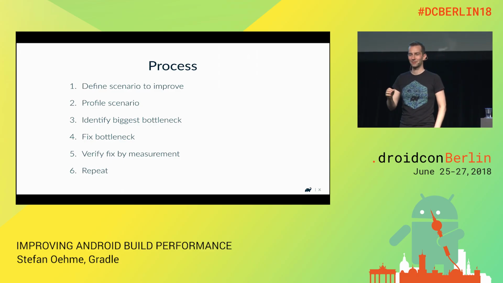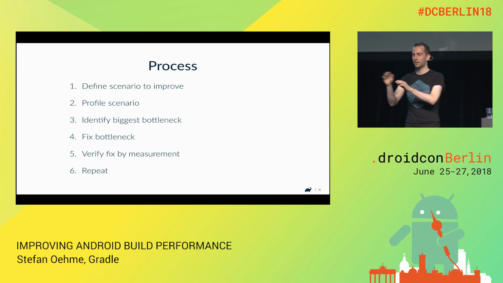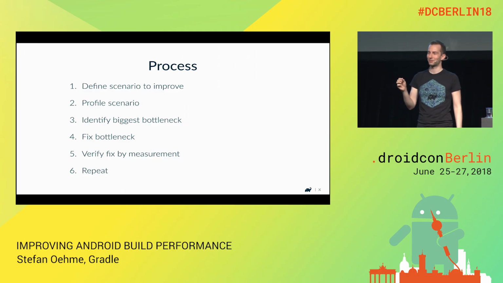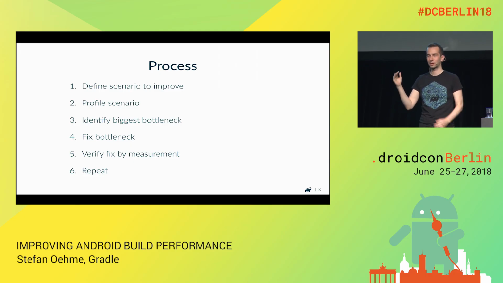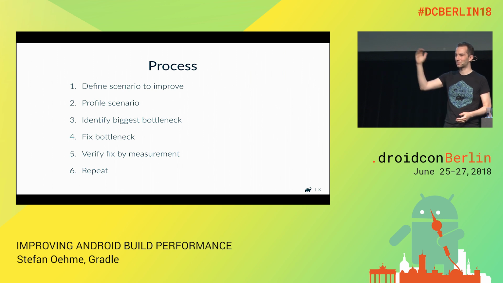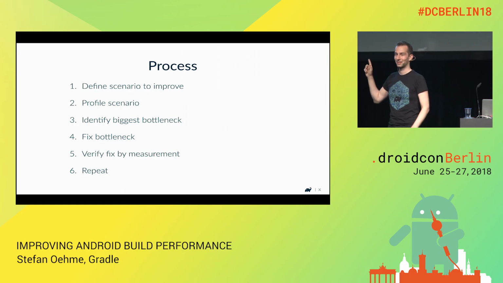I've seen this again and again, people improving something that they know. Just picking something like the 5th biggest bottleneck, because they know, oh, I know that piece of code, I can improve that. The problem is, it's just the 5th biggest bottleneck. It's not the biggest problem. So if you improve something that's only 5% of your build time, and you cut it in half, you've only saved 2.5%. On the other hand, if you improve something that's 50% of your build time, well, you get the idea. So you go and fix that bottleneck, and then, and this is again very important, you verify the fix